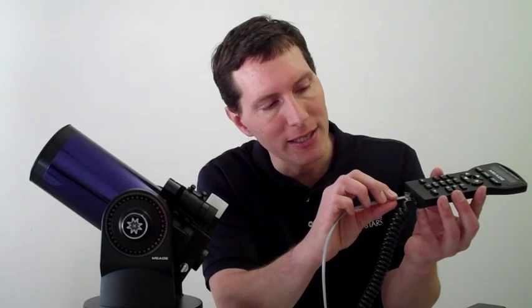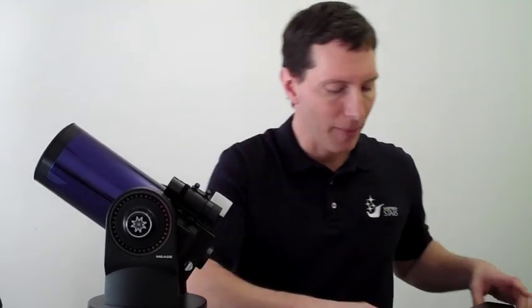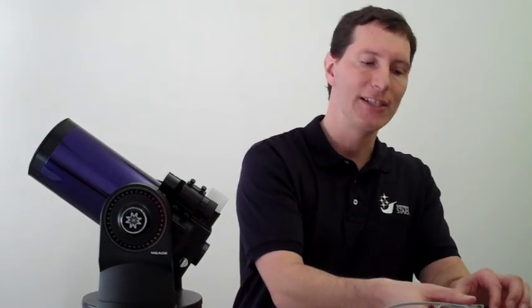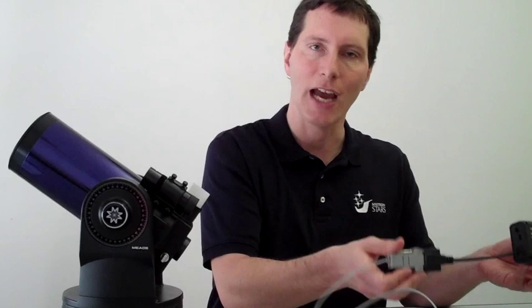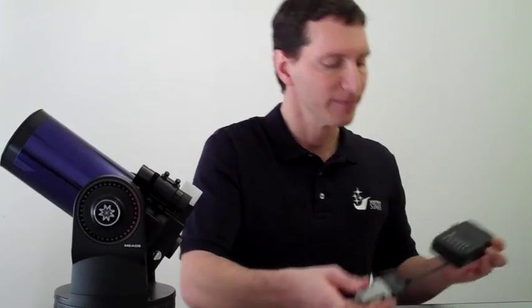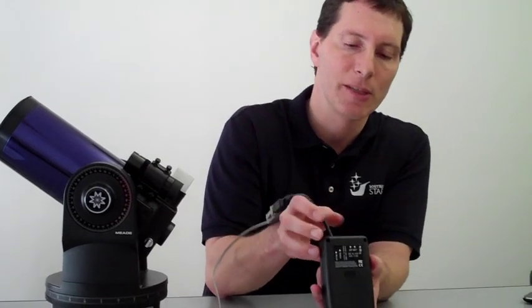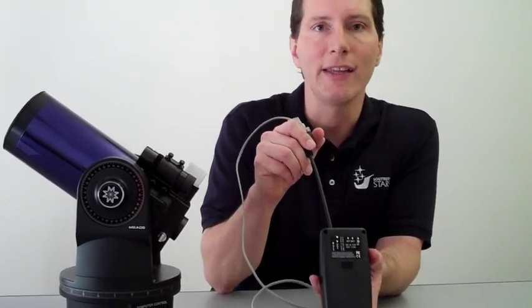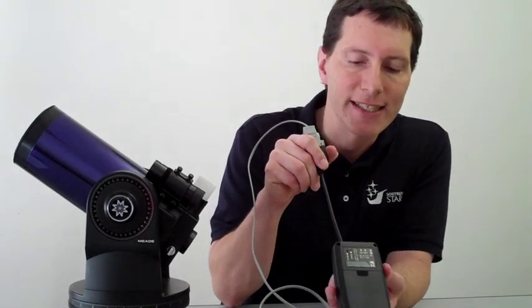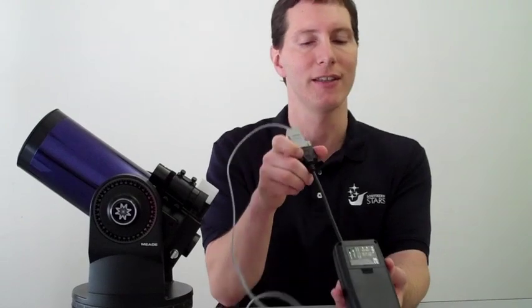So let's plug in our Meade serial cable to the AutoStar serial port. And we're connecting the other end of the Meade serial cable to the DB9 end of our SkyFi wireless telescope controller. So let's turn SkyFi on. There's a power switch which switches between batteries and external power. The red LED indicates that the power's on. After a second or two, the light should go green, indicating that everything's working correctly, the unit is booted up,